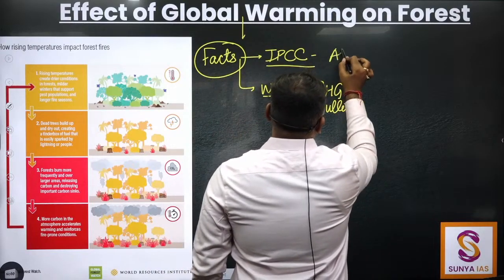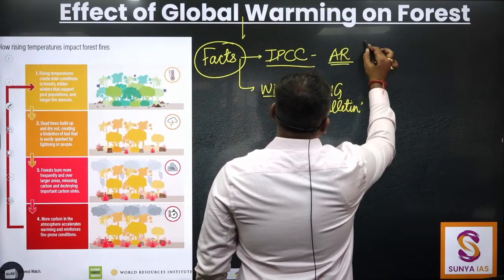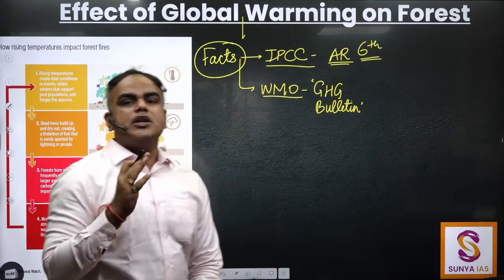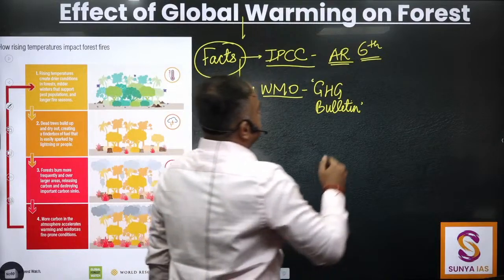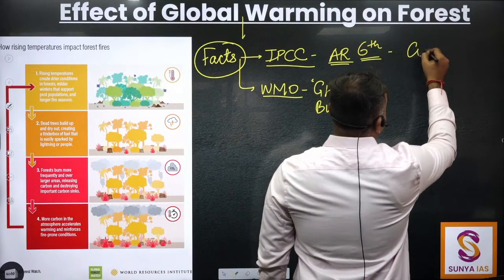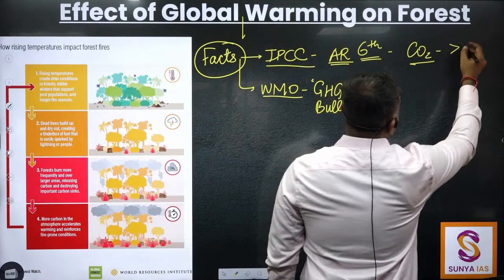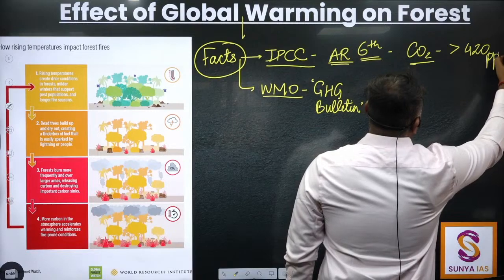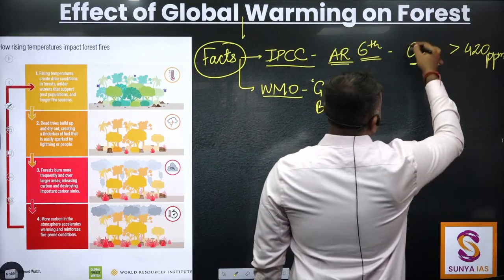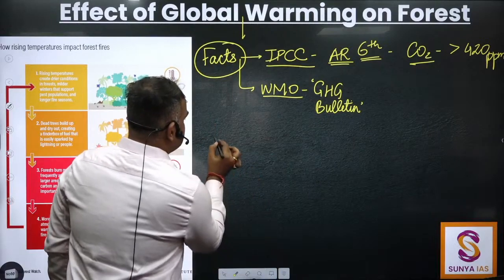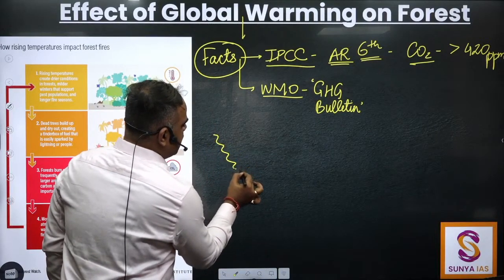IPCC has its assessment reports. For example, the most recent one, the 6th assessment report, talks about how the most prominent man-made greenhouse gas, carbon dioxide, has surpassed even 420 parts per million. An increase in greenhouse gases means, for example, when we have the incoming solar radiation, which is short in wavelength,